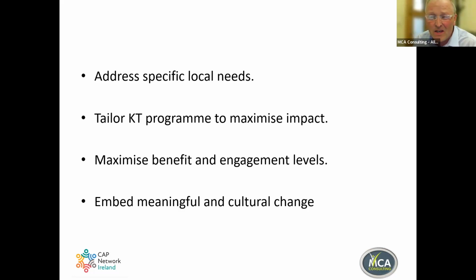Ultimately, the end game here is when you identify the needs and you present whatever the priority topics are as part of your knowledge transfer group's work plan, you're trying to instigate and embed cultural change and education and learning, which wasn't there in the past. So there's no point in doing the same stuff as you've been doing for years and covering the same topics